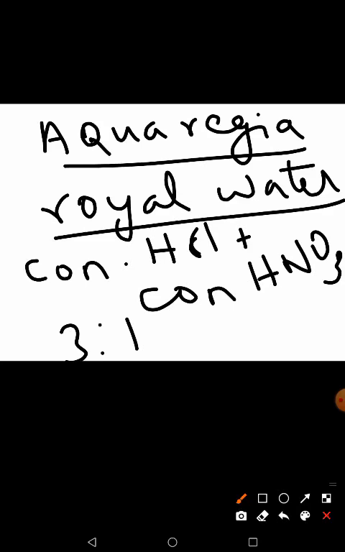So now this aqua regia can dissolve even the most unreactive metals. What are the unreactive metals? Examples: your gold, silver, platinum. They are all not reactive. These metals, gold, platinum, are insoluble in individual acids, but this aqua regia has the capacity to dissolve those metals even, which are considered to be unreactive. And this aqua regia is a highly corrosive liquid. It's dangerous. And the color is yellow orange.